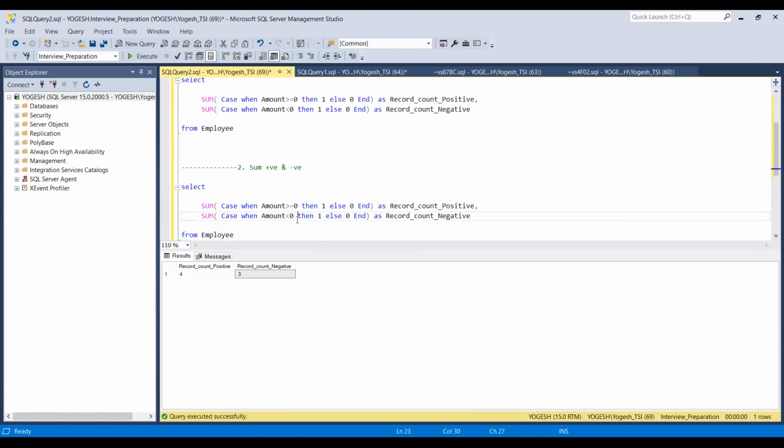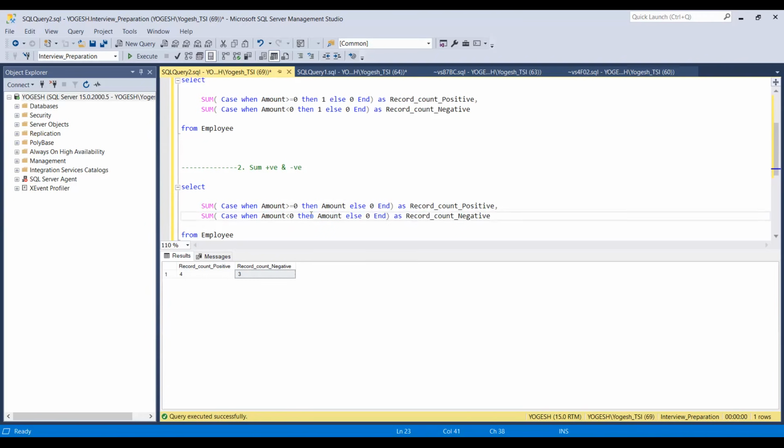Okay, now if you see, here greater than or equal to 0, then we are putting 1. So instead of 1, let's print the column name. It means that will have the exact value. Similar for negative, if amount less than 0, then let's print the value only.